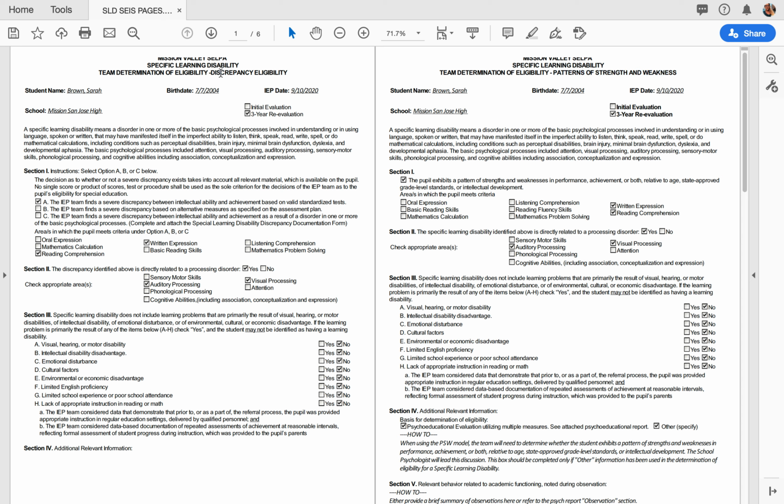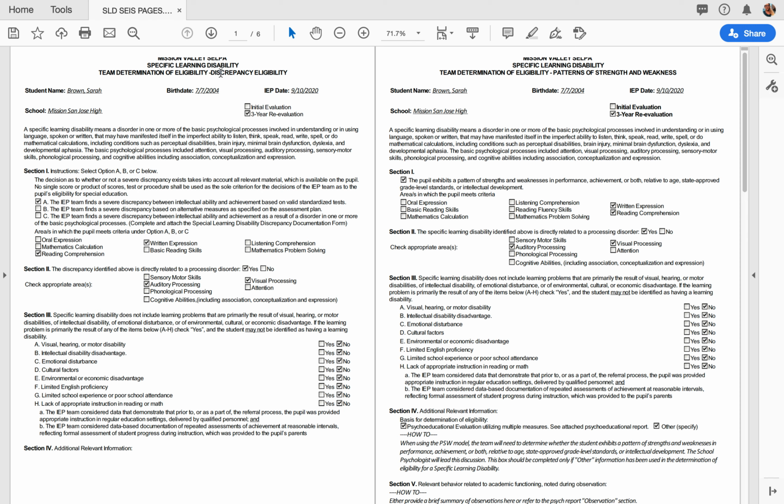So we are not on the SEIS page. What we did was we had printed or saved it as a PDF, and that's what we're actually looking at, okay? So there are 3 pages specific to SLD, the Specific Learning Disability Discrepancy Forms that have now been adopted by our SELPA. So your school psychologist will actually be the one to take the lead in reviewing these documents for any initial or triennial IEP where SLD is actually considered a disabling condition for the student, whether it be